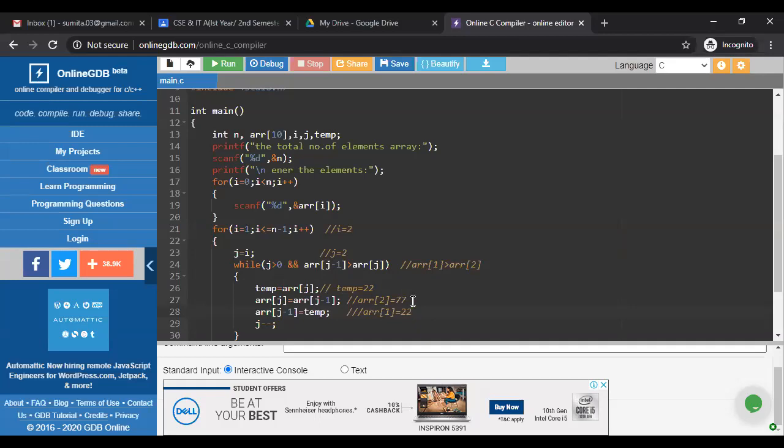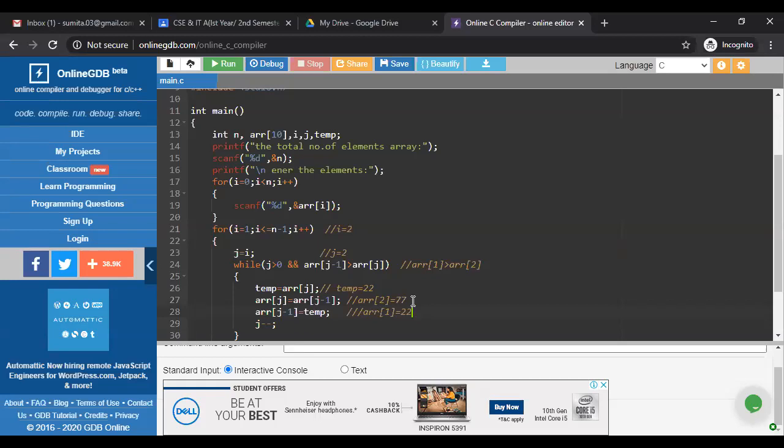Because when 22 is inserted into the array, there are already 2 elements in your array. What I am telling you is, whenever you insert a new element, whatever elements you have in your array already, comparison happens for all those elements with the new element.